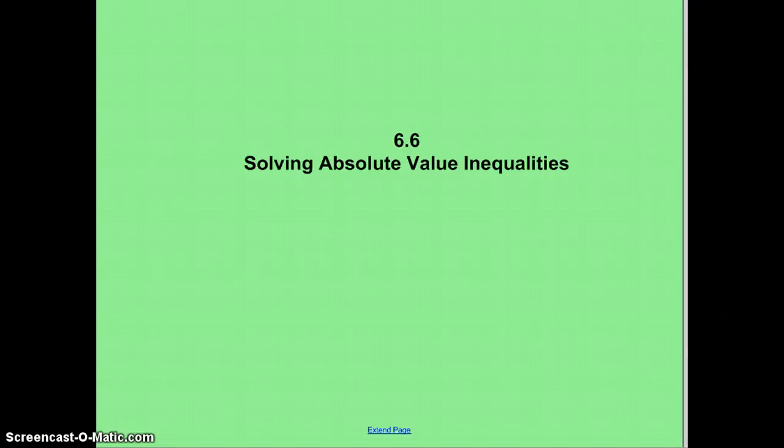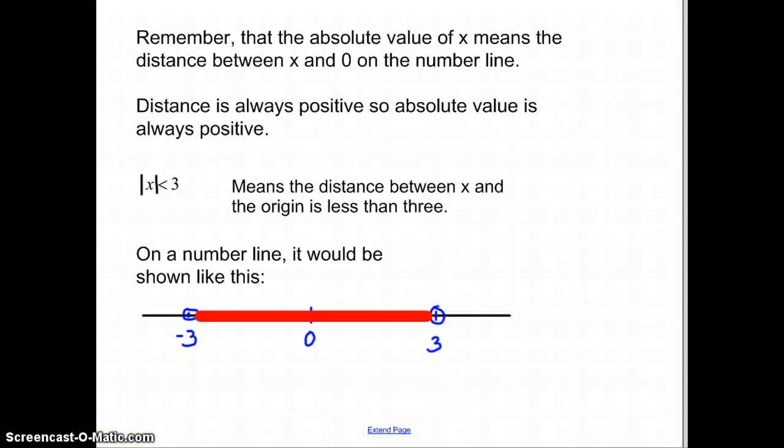This is section 6.6, Solving Absolute Value Inequalities. Before we begin, we have to review absolute value. Remember that the absolute value of x means the distance between x and 0 on the number line. It's the distance between the variable and the origin. So it could go into negative or positive numbers, but because you're measuring distance, distance is always positive, so absolute